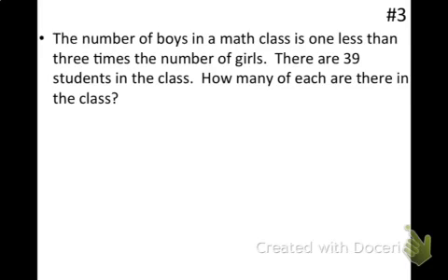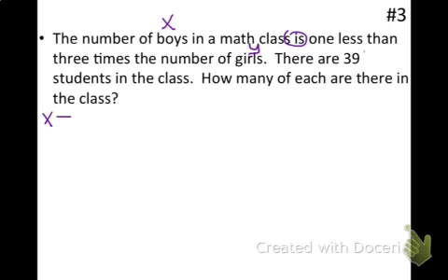All right. The number of boys in a math class is one less than 3 times the number of girls. So the two things that we're talking about here are boys and girls. So I'll label boys as x and girls as y. Okay? So in the first sentence, it talks about our x, which is our boys. So x